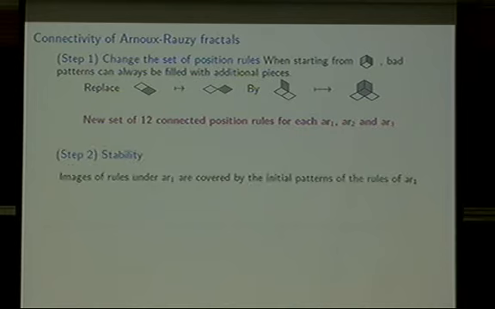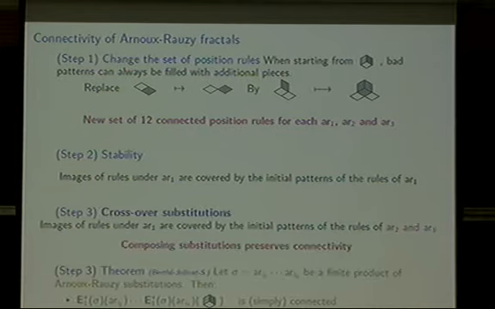And the interesting thing is that I can play with these rules in any order. So we have this fusion process. I take one rule, then another one, then I come back to the first one, then to the second one and the first one. Everything works together. Everything matches. And by the end, what I obtain is that applying any Arnoux-Rauzy substitution to the unit cube gives me connected pieces and an associated connected fractal. It works. So this gives us a very general result, which is that for all Arnoux-Rauzy substitutions, the fractal is connected, which was